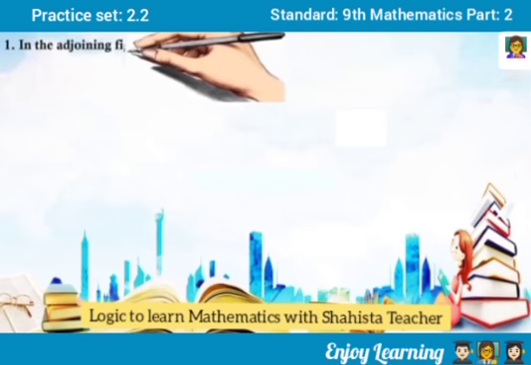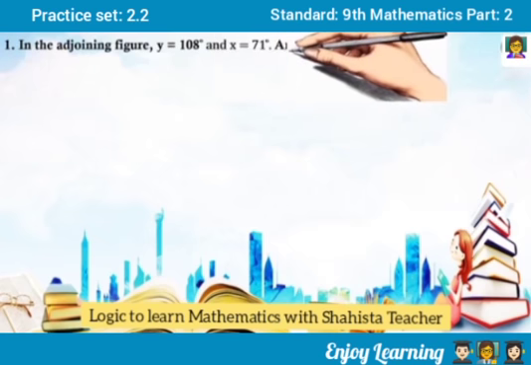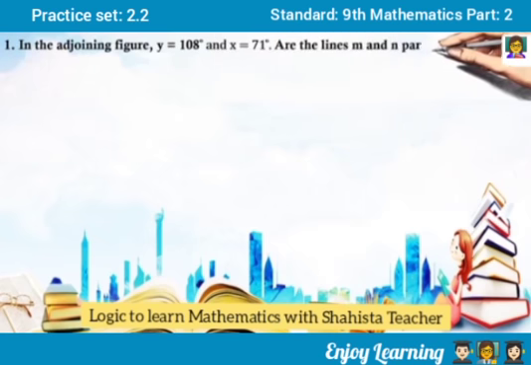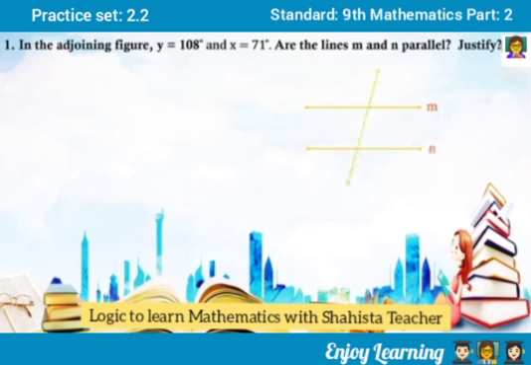Let's solve the first question. In the adjoining figure, y is equal to 108 degrees, x is equal to 71 degrees. Are the lines M and N parallel? Justify. Now here two parallel lines are given. First, see this yellow color, M and N, they both are parallel to each other, and here line L is the transversal line. Now here measure of angle x is given 71 degrees and measure of angle y is given